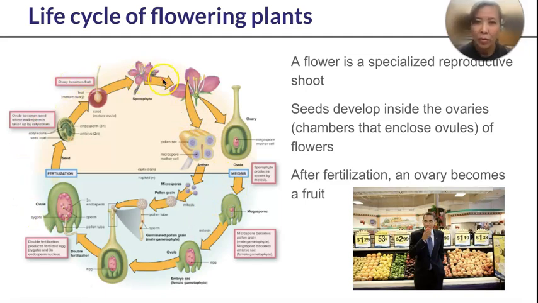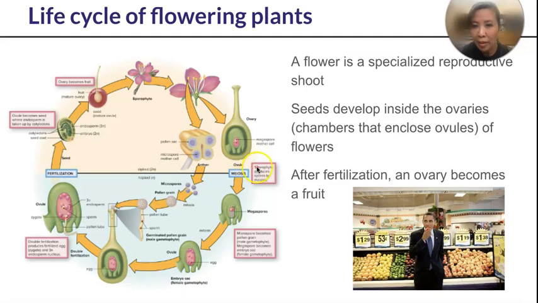So the life cycle, as we say, is that similar to gymnosperm, angiosperm is sporophyte dominant. So most of the life cycle will be in the sporophyte form. You have the reproductive structure right here. And when the pollen is able to land on the stigma, then we can have fertilization, which happens over here. But until then, first the